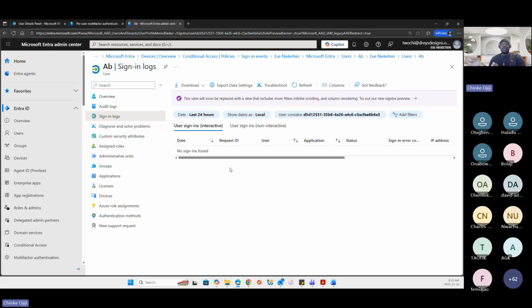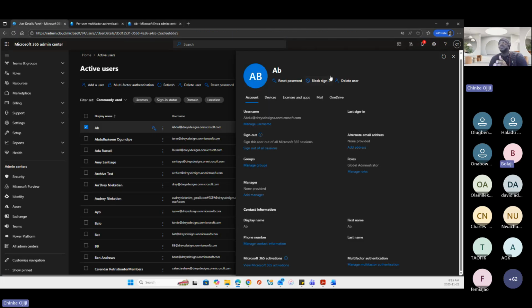That's the discretion part. Now, two, the reason why I say you should block sign in first, right? Blocking sign in first means that after you have signed out of all sessions for that user, if these bad actors, because the same way you are trying to recover, those people too are not sleeping.